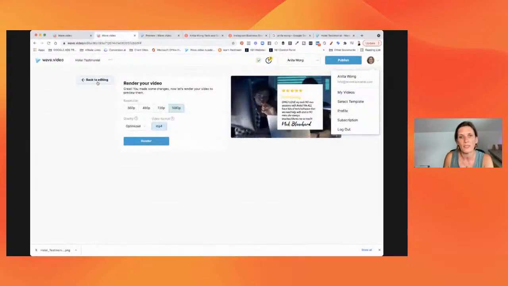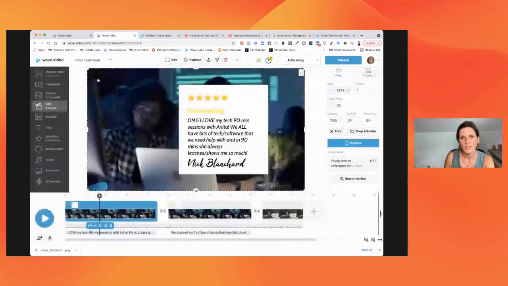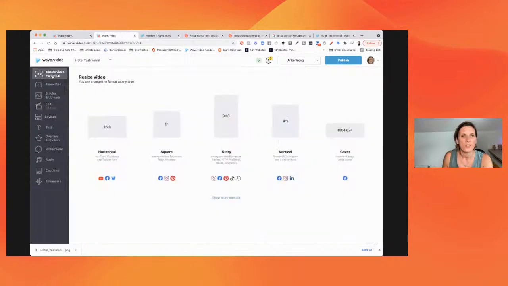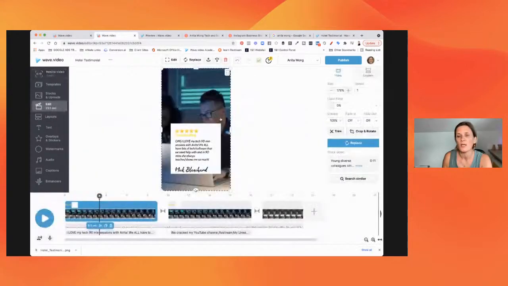If you were to go back to editing, just do that quickly. If I go back to the editor, all you need to do is up here, it says Resize video. Then you would just choose the story one, which is fine for Instagram Reels, YouTube Shorts, TikTok, things like that. Click that and it will instantly change it. Sometimes you need to move things around a little bit, but usually it should be fine. And now if I press play,